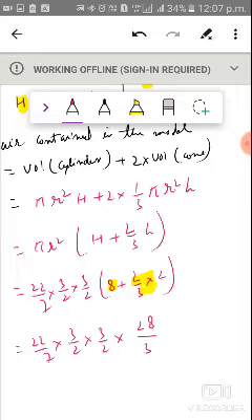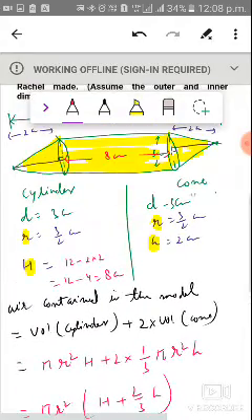Okay, so 3 cancel by 3 and 7 4 is 28, right? And this 2 and this 2 cancel by 4, so this is 22 into 3, that is 66 centimeter cube will be the volume of air contained inside this model which Rachel has made. Okay,